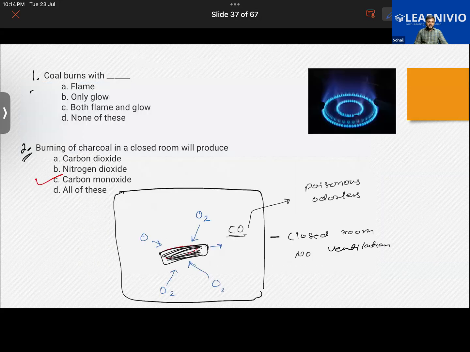While here, almost 99% of the fuel would have burned completely, thereby it will give you a blue flame. So keep in mind that whenever a fuel is completely burning, it gives a blue flame, and while the fuel is not burning completely, it will give you a